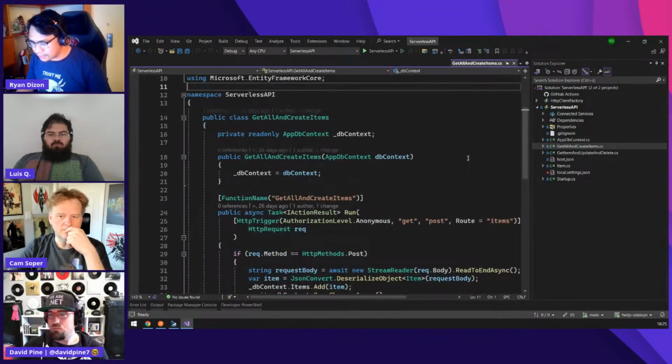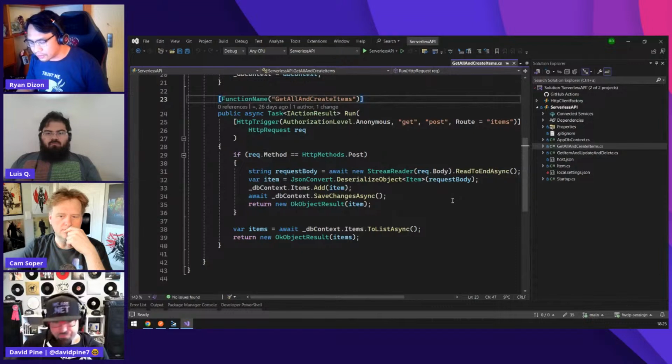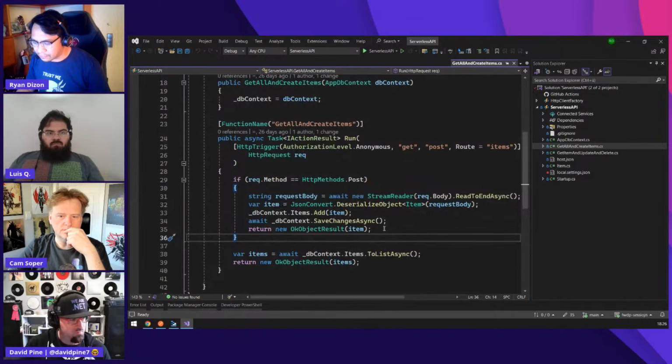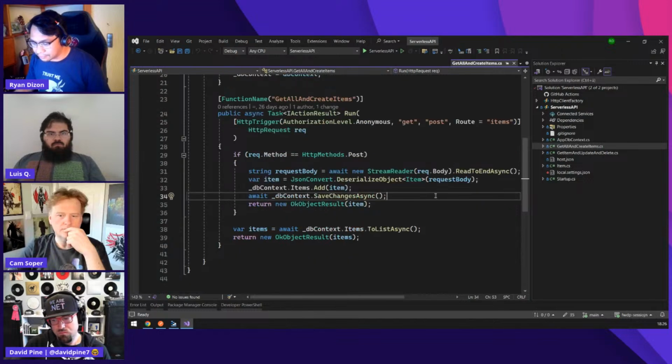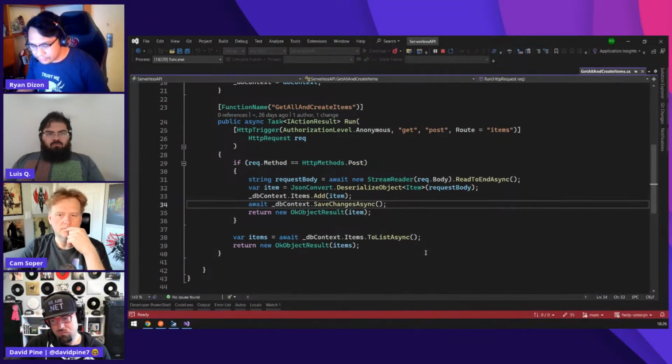So what this simple application does is save data to a database, and it's fetching different JSON objects, and let's just run this quickly also.